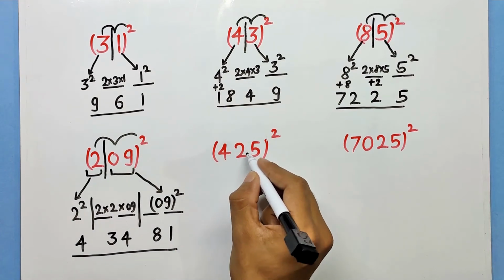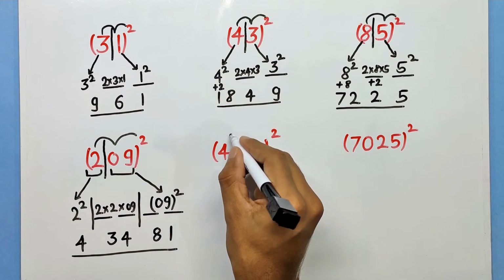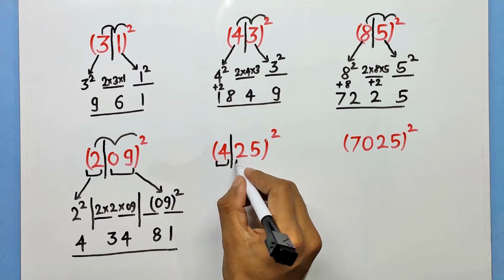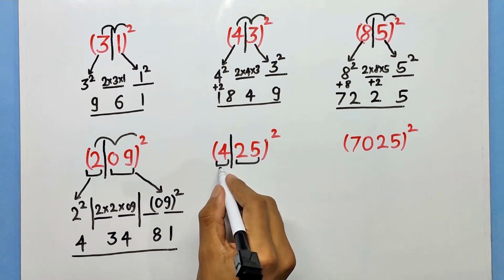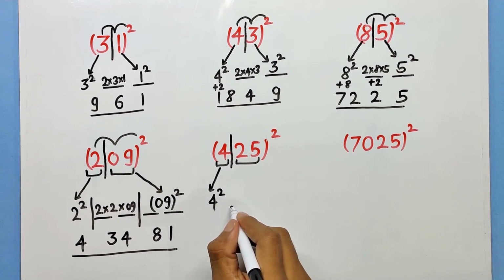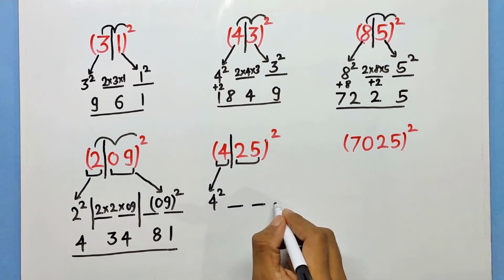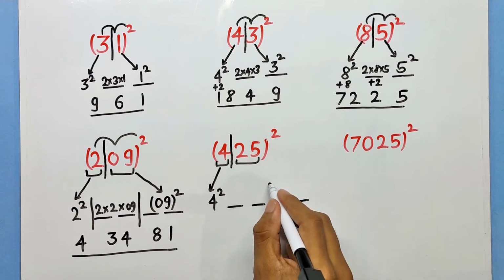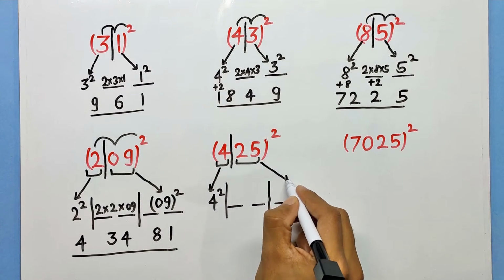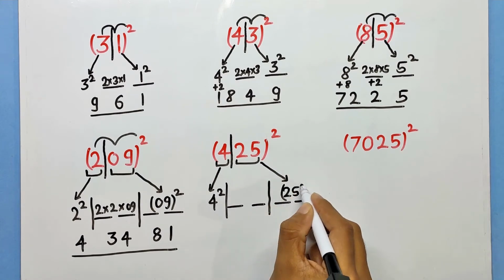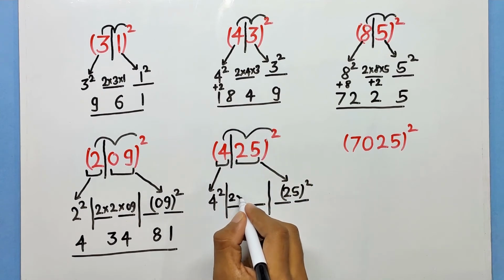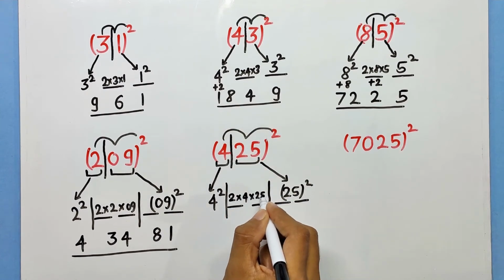Let's find the square of 205. So again let's make the two parts of this number. First part will have only one digit and the other part will have the rest of the digits. Let's write the 2 square first. And then we'll make place for 4 digits. And let's make the two parts of these numbers. We'll write the 05 square here. And in the middle, we'll multiply these three numbers. So 2 times 2 times 05.